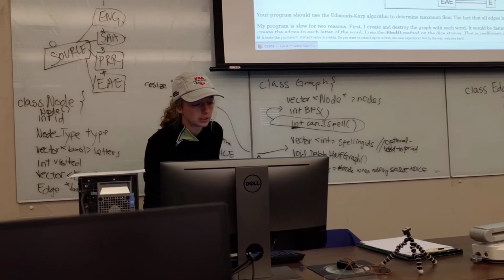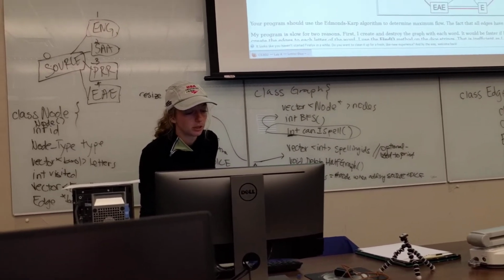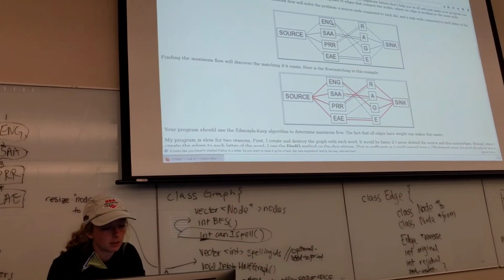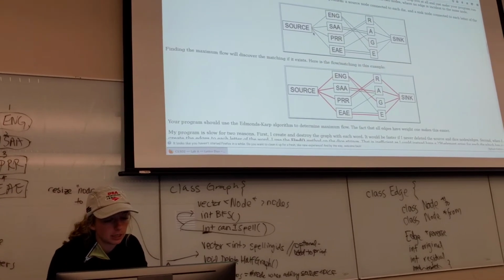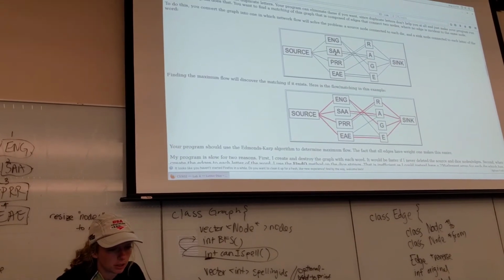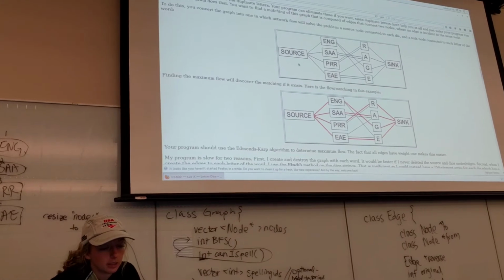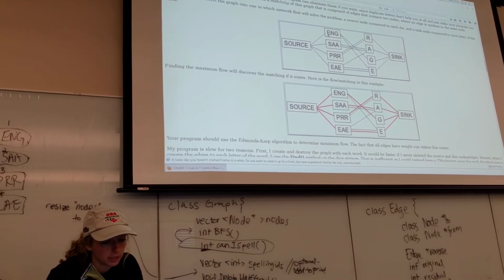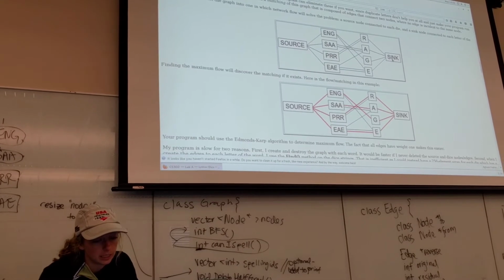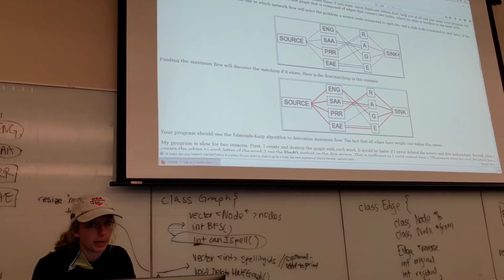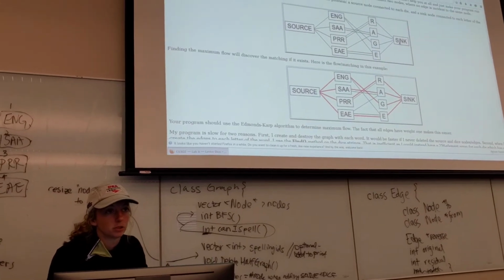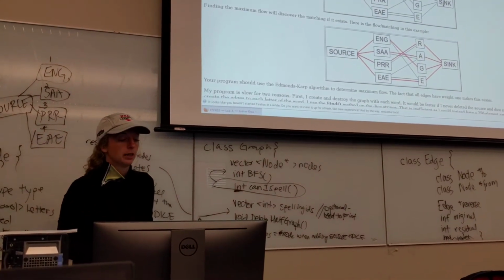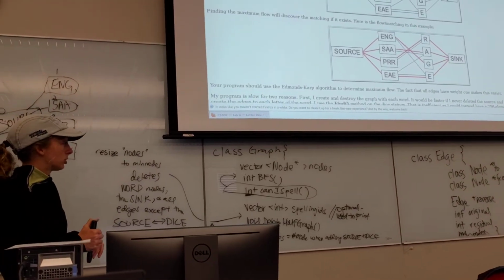And let's say we go from the source. The first edge on the adjacency list is going to go to ENG. And let's say, of course, breadth first search is just going to go to SAA and PRR and EAE. But to shorten my explanation, let's just say it'll go to ENG and then G and then sync, and then it found a path. We got to the sink. Breadth first search is going to return 1 because we found a path. And so once breadth first search returns,